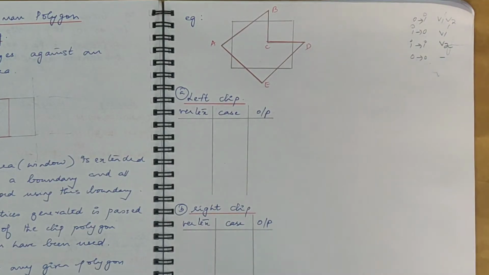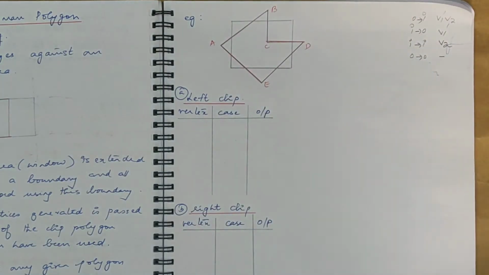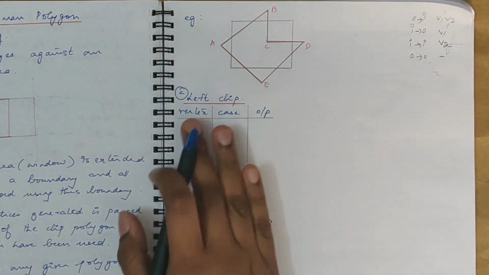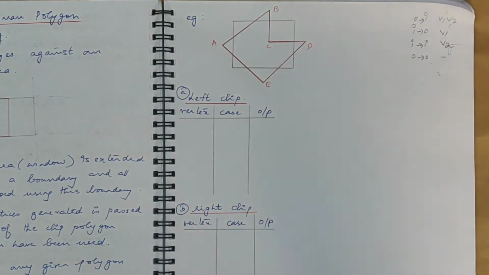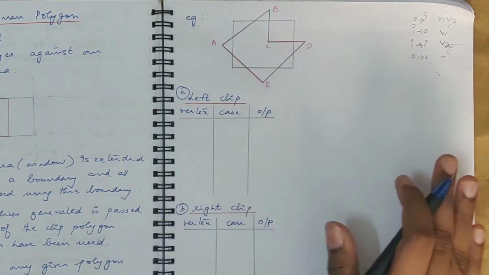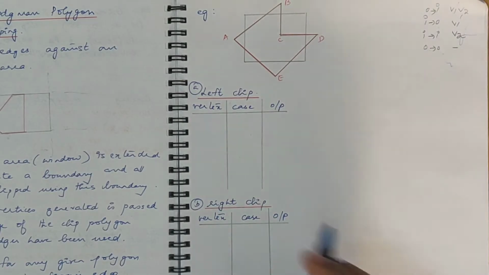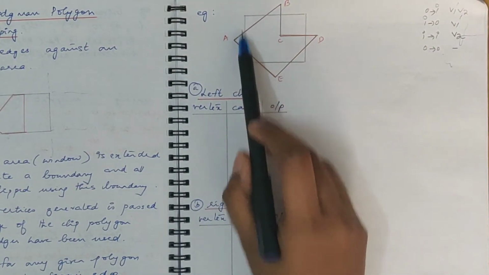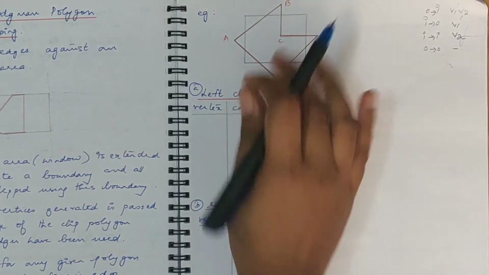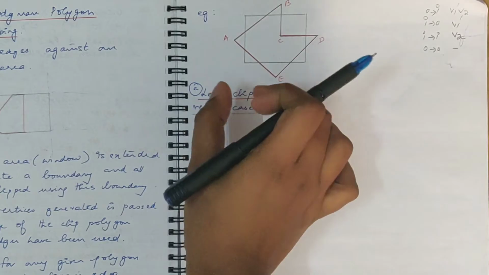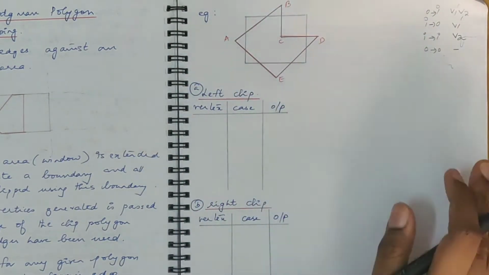So now let's try to fill this table out. Let us take each of the vertex edges, and see under which condition it will fall and what will come in the output. Normally it's better to follow an order in which you take the clipping window. Here the order which I am going to follow is first the left edge, then the right edge, then the bottom and then top. Each of those, the output from each edge will be passed on to the next set of iteration.